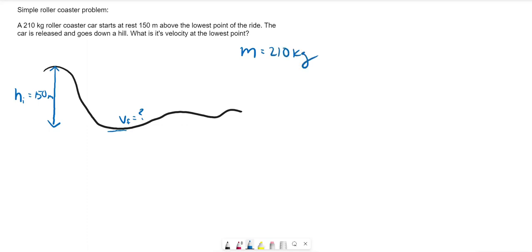So how do we find this velocity? If we start off up here in our car, we're also told that this car is starting from rest. And anytime you see from rest, what that means is the initial velocity is equal to 0 meters per second. And in a conservation of energy problem, that also means the initial kinetic energy is also 0 joules. Using conservation of energy,